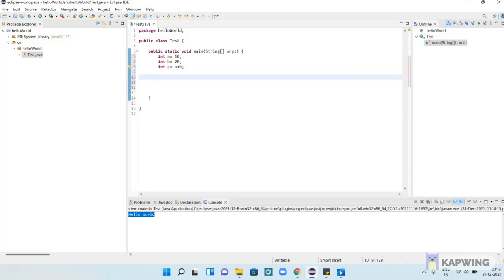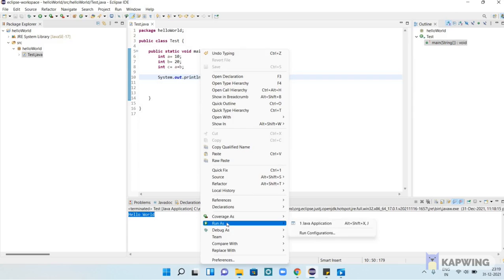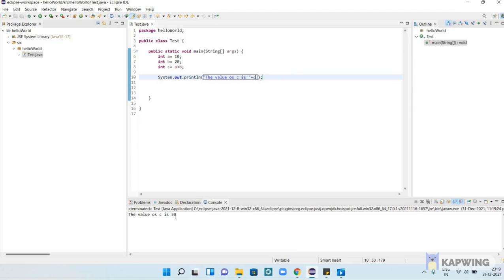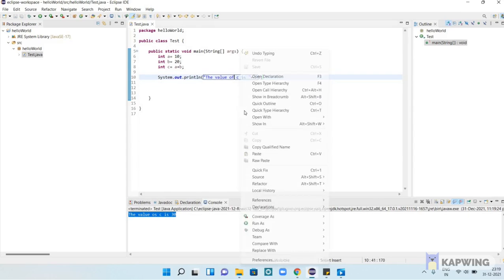So we will print the value of c. The value of c is, and in order to print any variable, we need to use this plus sign. Then save it, and let's run this program again.